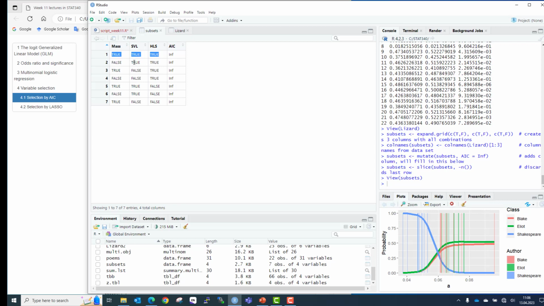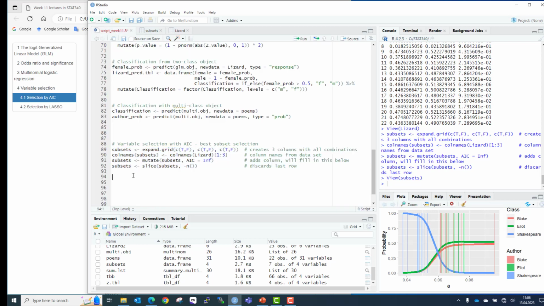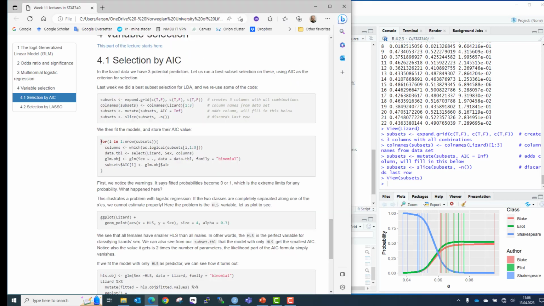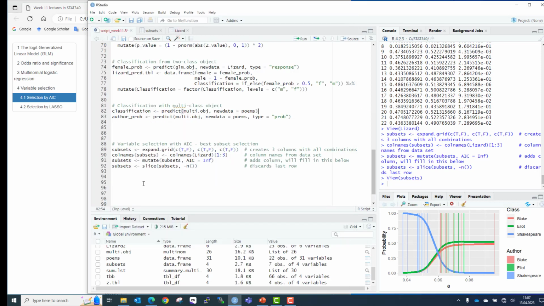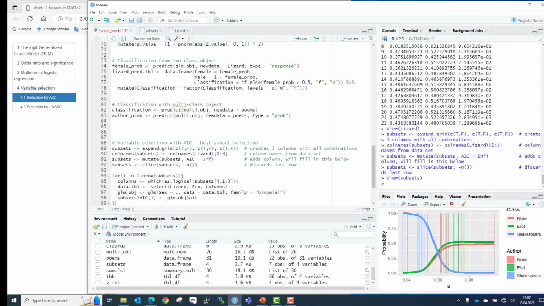Then we have the second model, which lacks the mass, only these two. The third model uses mass and HLS, but not the second one, and so on. So we actually have all combinations here now by using this expand grid. Okay, then we do the for loop as we did last week. So we go through each row of this table, fit one model each time,